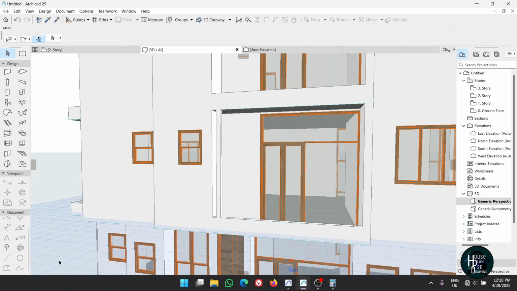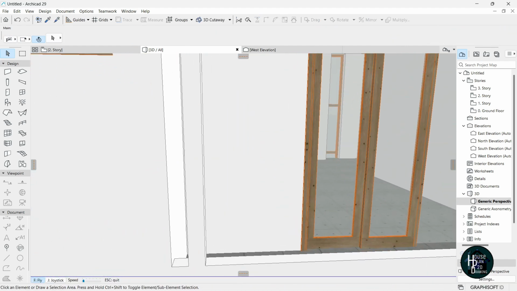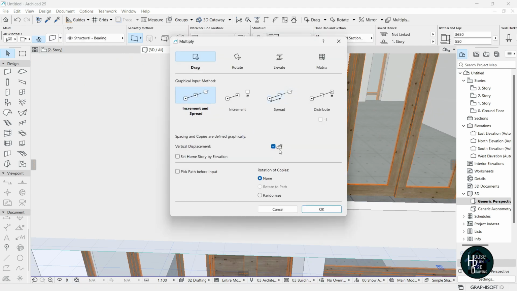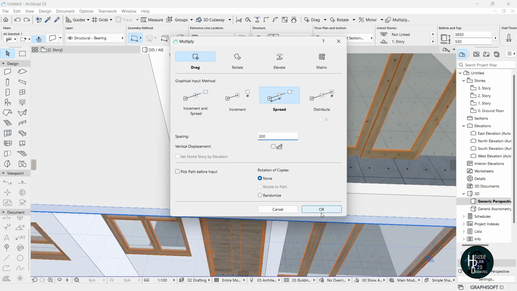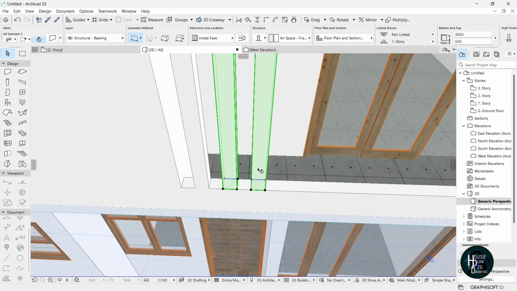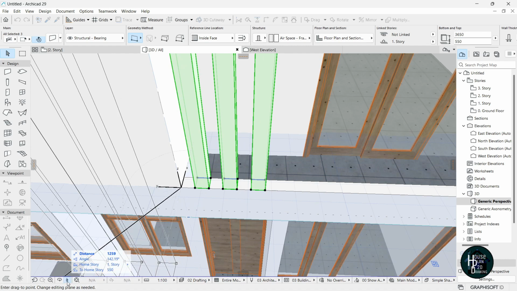Okay, now what I wanted to do next is we're going to duplicate this by clicking this, pressing Ctrl+U on the keyboard and we're going to just spread this by 300, then click on OK. Just select this and then stretch it, we just need 3 of it. Okay, hold on shift, select this, press Ctrl+Shift+D on your keyboard, click this edge. Okay, now